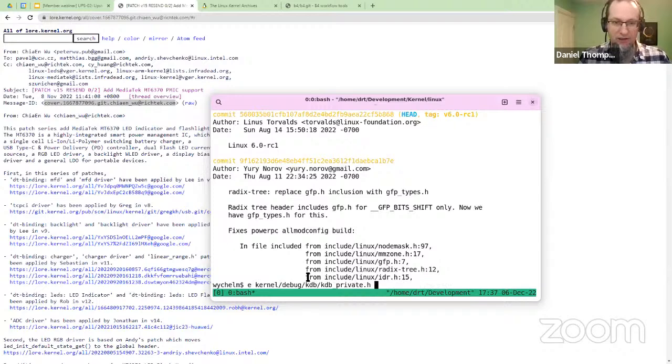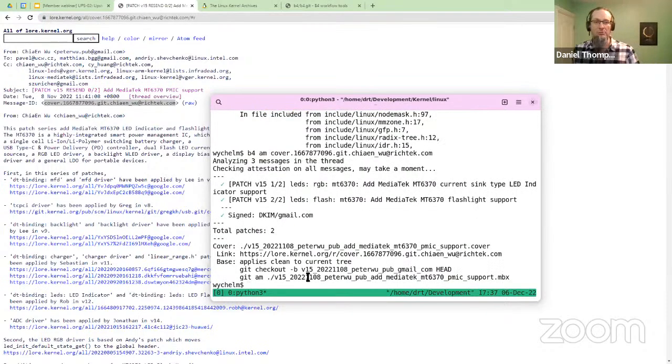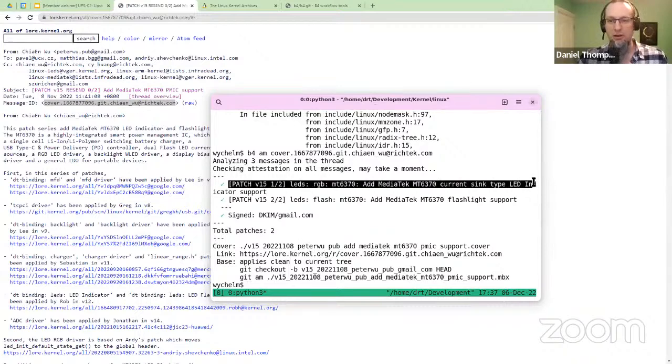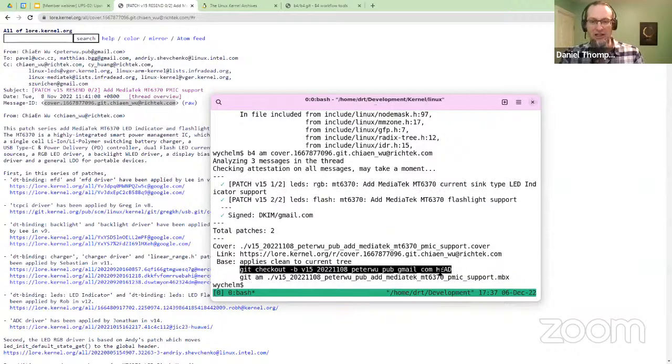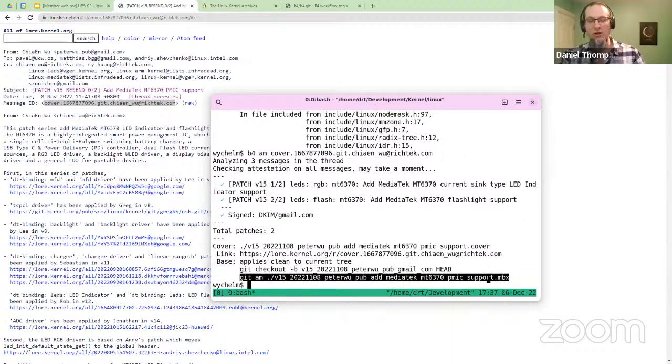So I can do things like am, apply mailbox. And that will not just download it, but it will give me some lines describing the attestation. So this has now fetched the signed-off-by, and has made sure it's all been signed. It's doing various bits of checks, and it then tells me that I can check this out, run this command to create a branch, this command to apply the patch set. And through that process, I have very quickly managed to extract patches from mail and bridge them into my local Git environment.